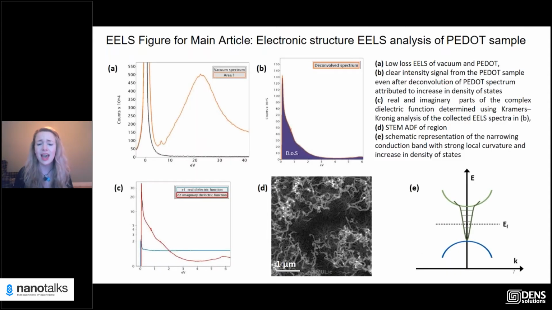Then we took that, and this is really just to give background, this is very conductive, and it's not behaving like, let's say, a normal polymer. And by that I mean that there is some filling of the density of states. You don't need to understand that, but it's pretty much acting like a metal, which is very strange for an amorphous polymer. So we conducted some low loss EELS, and this is in collaboration with Sergei Lopatin at